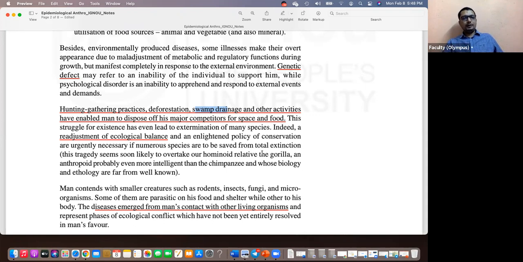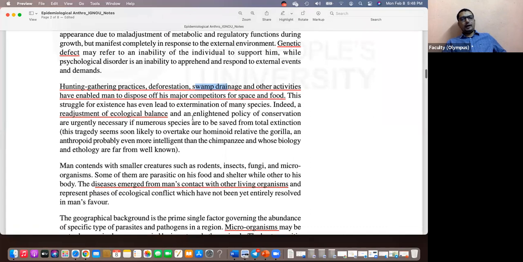And the second thing is, as we moved from hunting and gathering, we started getting more and more exposed to animals. Some infectious agents that are common in animals, we got exposed to them. Correct? Those agents entered into our body, and it's a natural phenomenon. Like survival of the fittest, we talked about this in Darwin's theory of evolution. How did he describe it? Those that are capable of surviving better, they flourish.